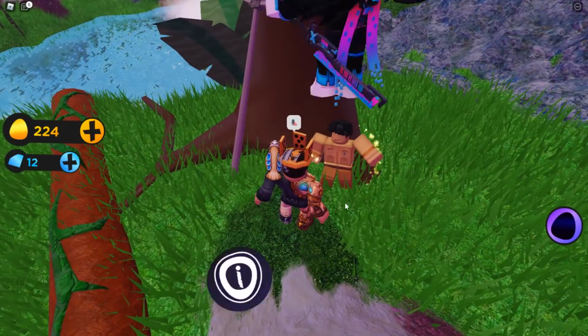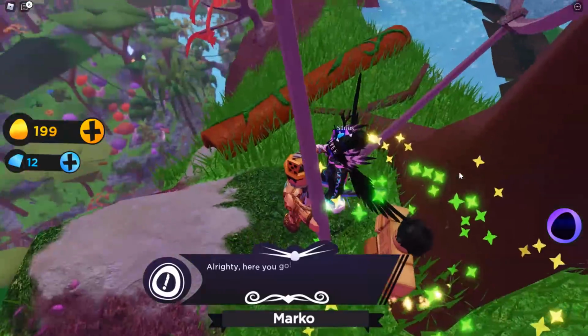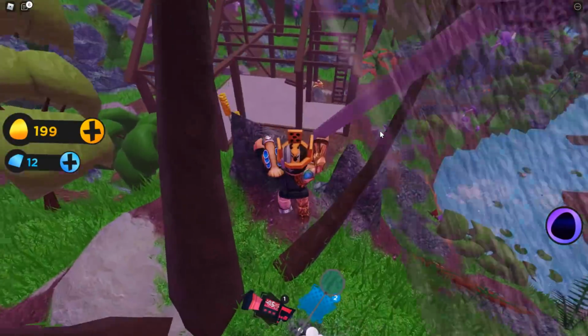There's a guy selling you a net. I think he sells it for like 25 tokens. Look at that. Easy. You guys should have enough. Click that check mark, grab that net, and jump down over this way. We're going to have to use this net to catch the next egg, which is a fish of the deep,